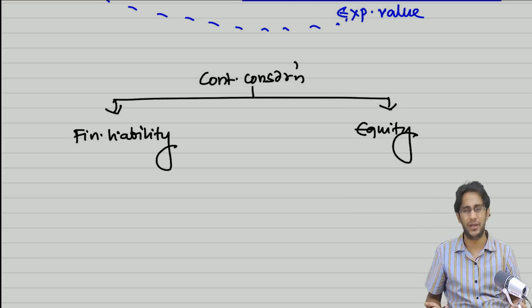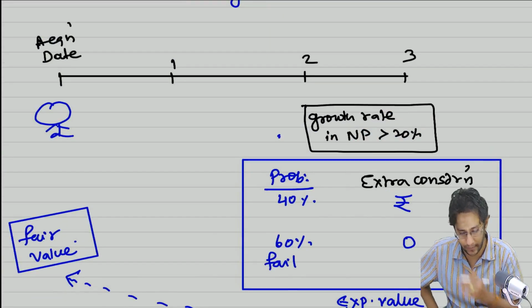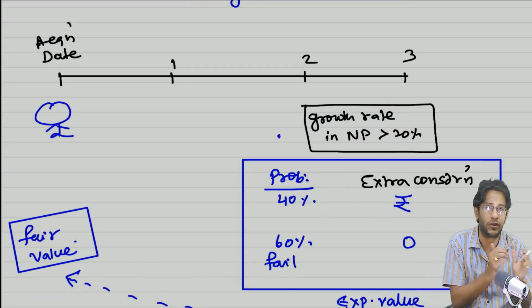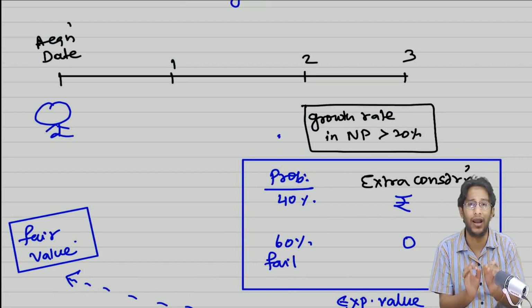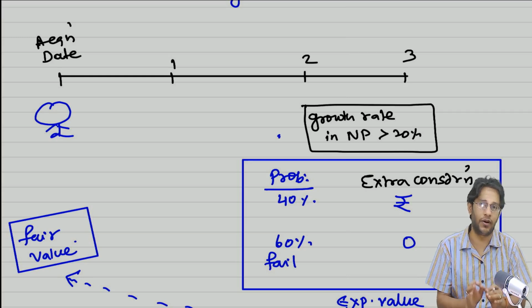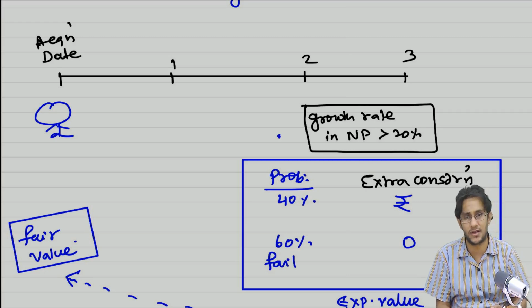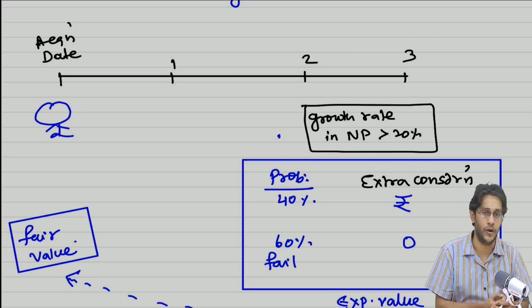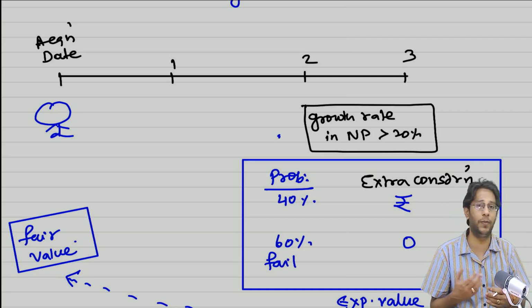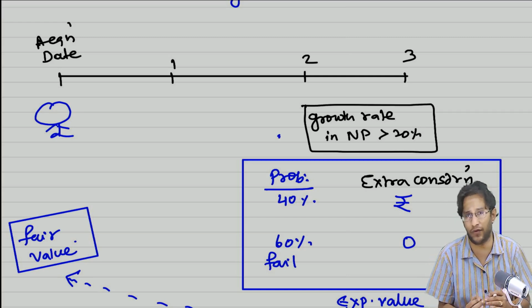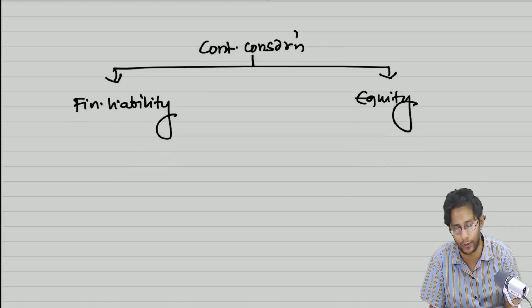Sir, how can it be equity, sir? Simple. I told you that if the net profit growth rate exceeds so and so percentage over a period of 3 years, then I will give you 1 lakh shares. A fixed number of shares will be given to you in future. If I promise to give a fixed number of shares, that is an equity obligation. It is an obligation, but not a liability, because there is no outflow of resources. I need not pay any cash; I have to just issue a fixed number of shares. In that case, it is classified as equity.